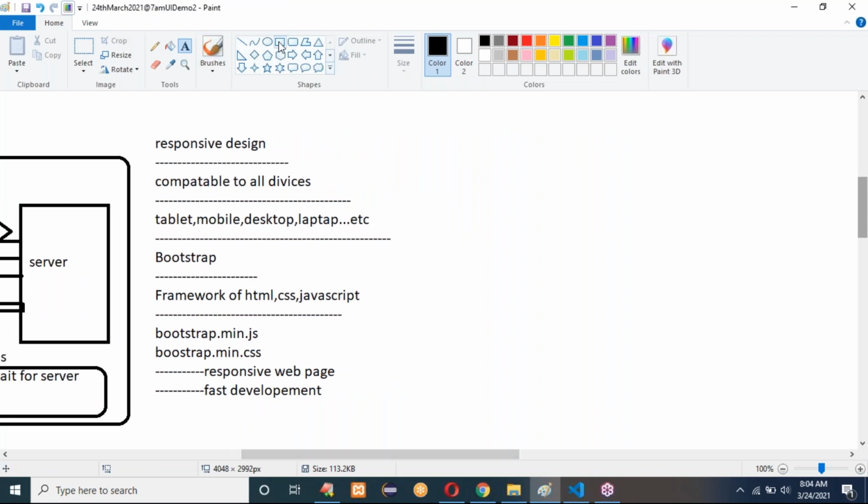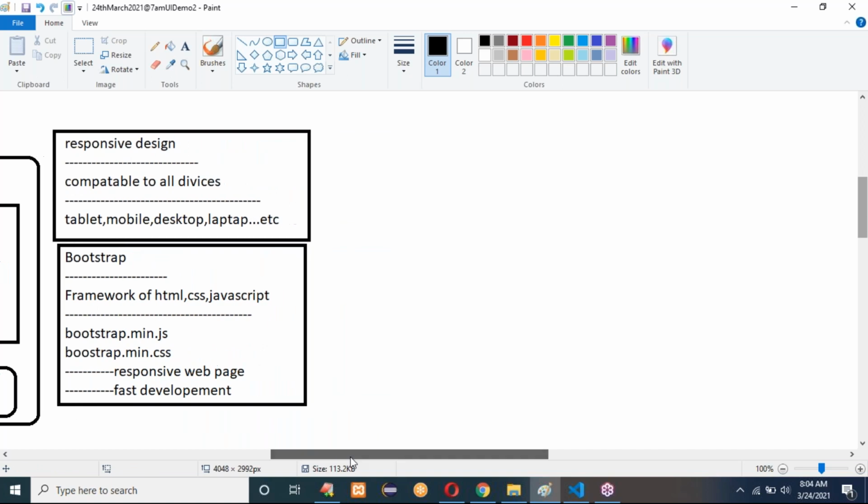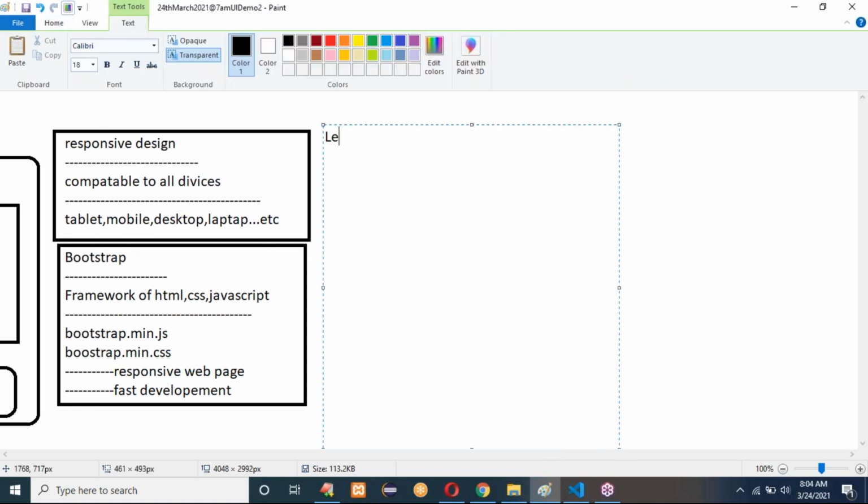Next one, here it is about responsive design. Next it is about Bootstrap. So next one is Less. So usage of Less. Less is nothing but a superset for CSS. So in CSS we can declare variables, we can write functions,